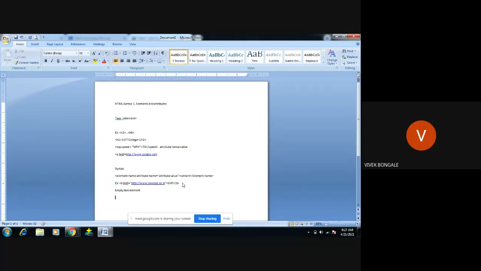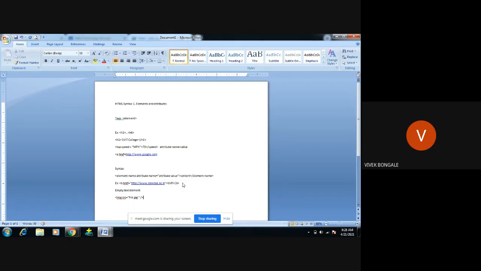For example, here I will use image. This is the tag. One more tag we have, image. Blindly, I will give one image file, something file dot gif or jpg. Then it ends with the trailing slash.